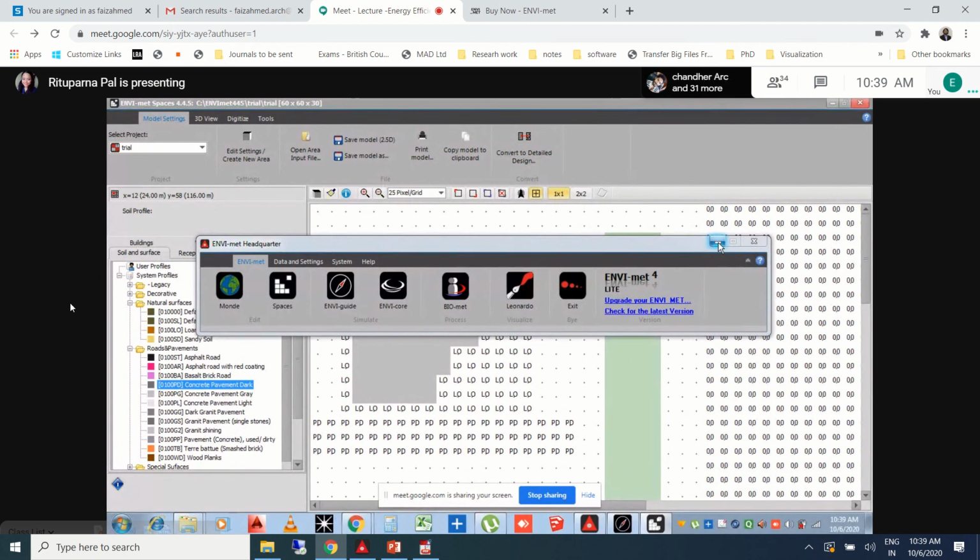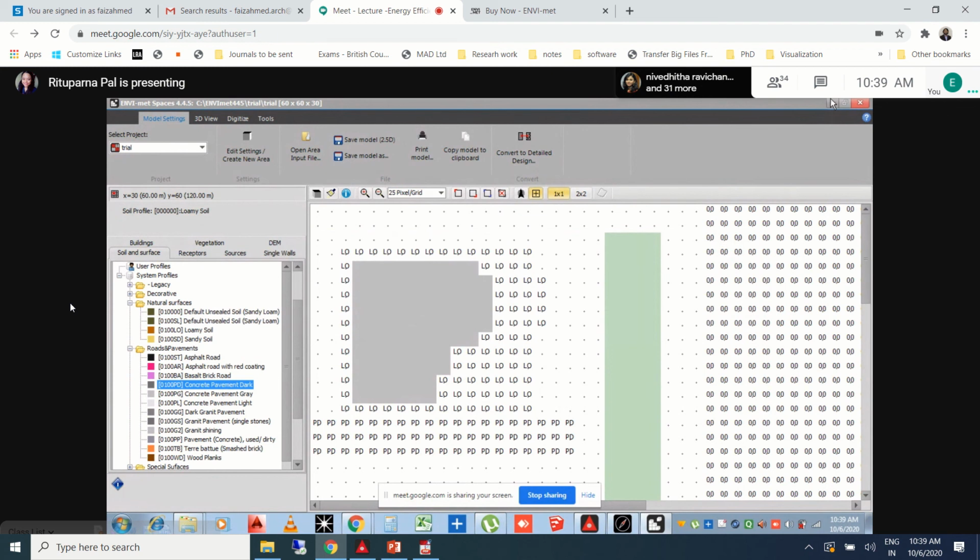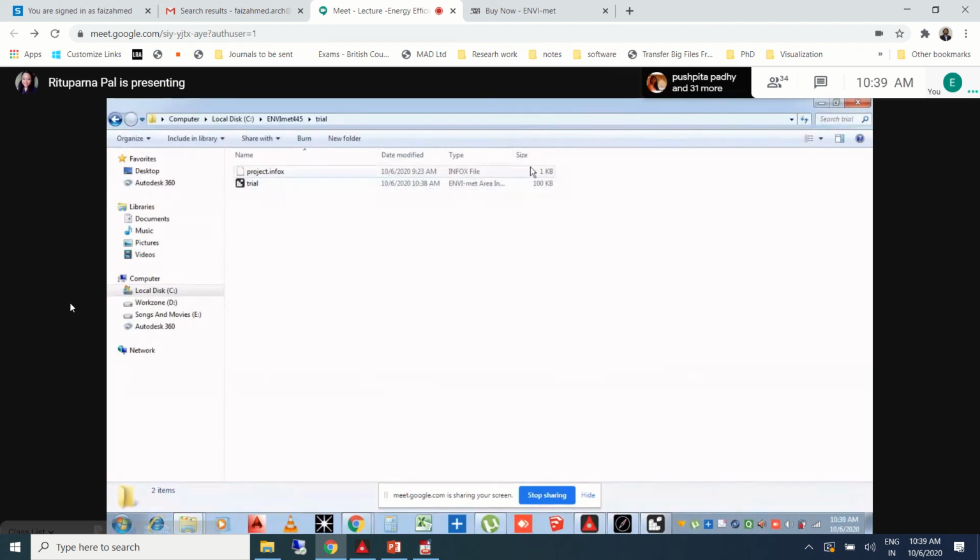So even if your folder name is trial, and you have the same name as an input folder, it won't matter. And anyways, after doing 2 to 3 simulations or 2 to 3 projects, you'll understand how to rename your file or what is of your convenience. This is just for explaining the basics to you. The rest you can do anything with, keeping the basics constant. Okay? So you can see your trial thing. This is your main input file. If you expand this slightly, you can see the area input file.